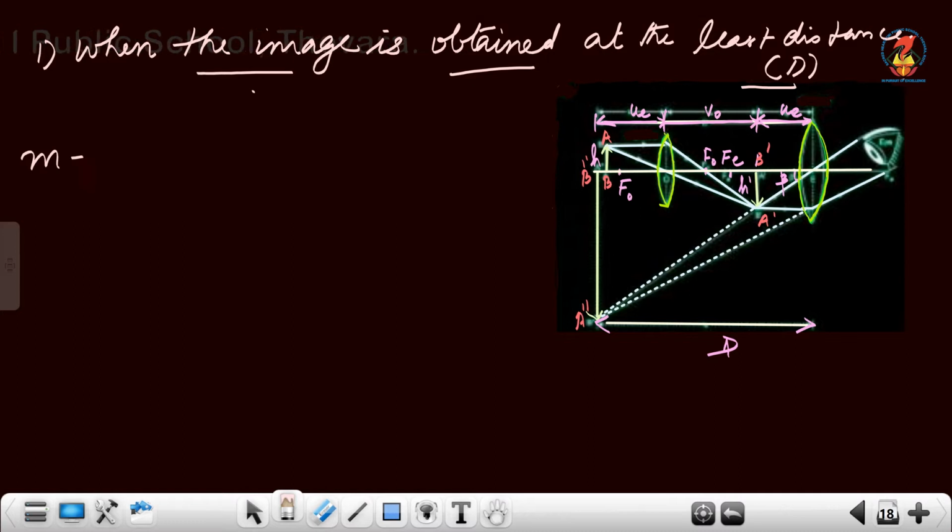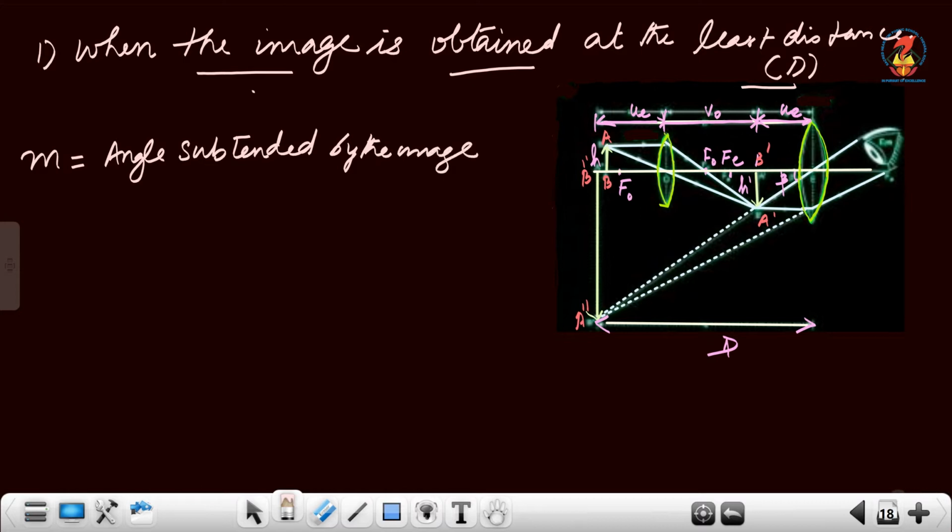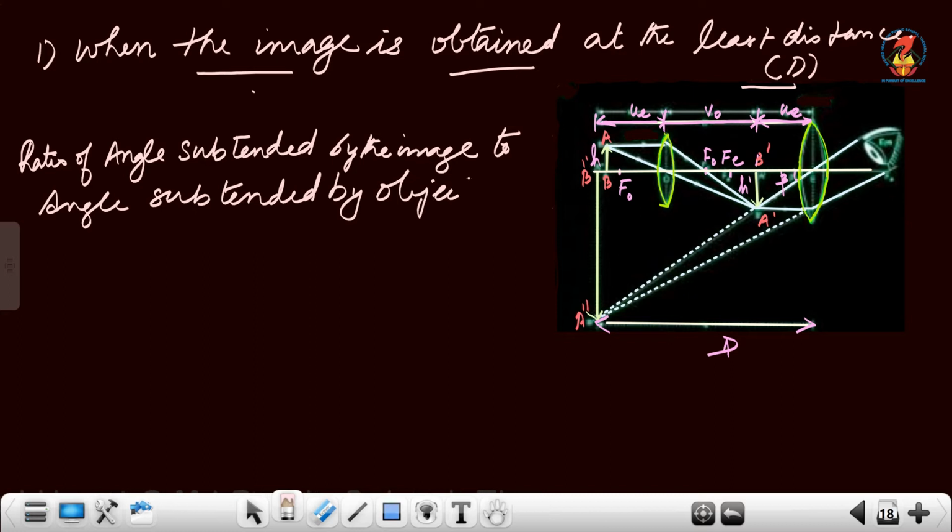The equation for magnification is the ratio of angle subtended by the image at the eye to angle subtended by the object